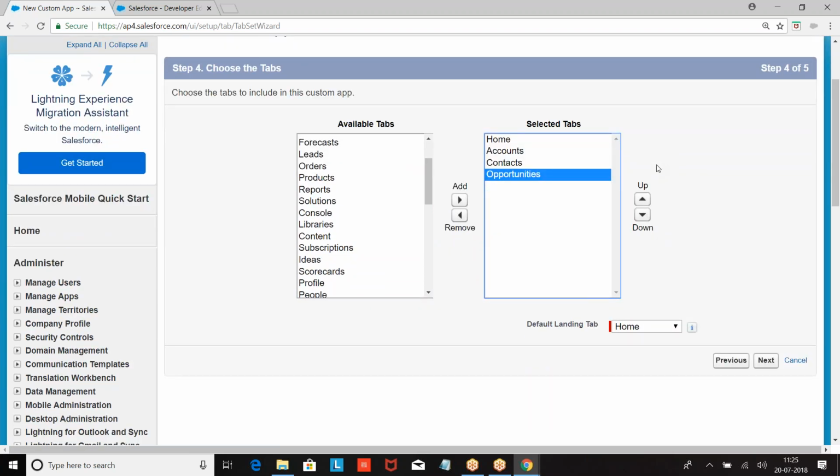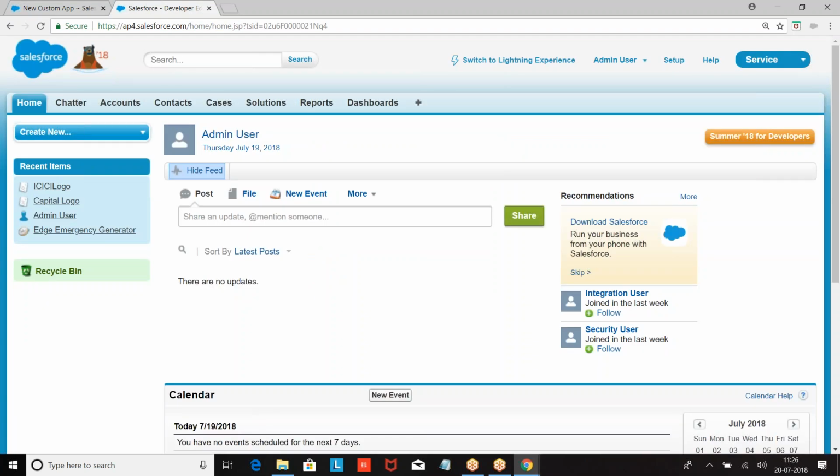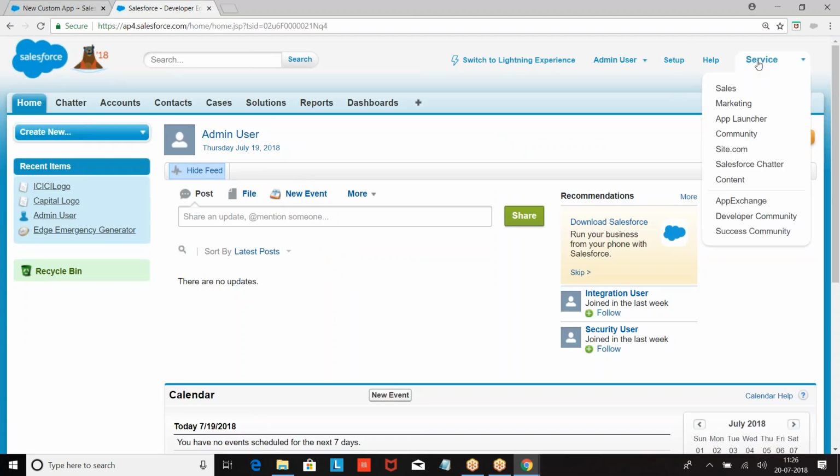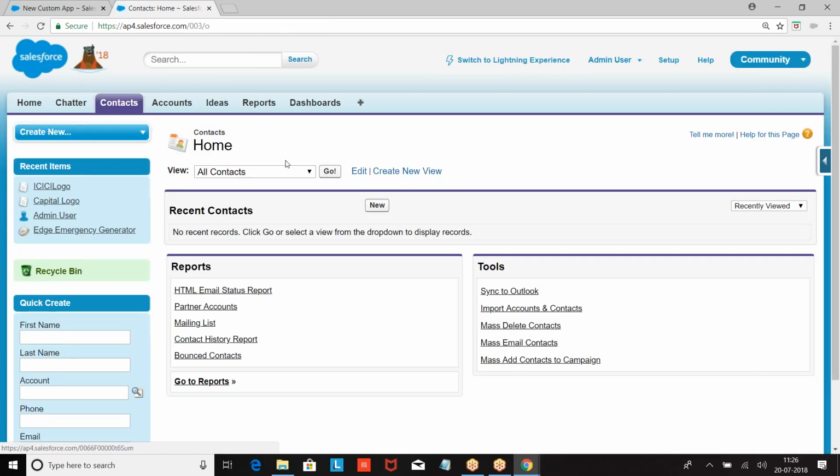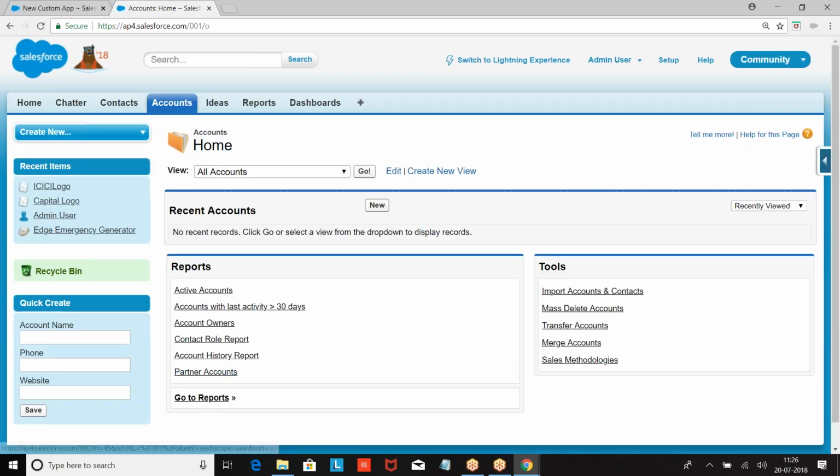Next one, when you open the application, every application will have a first page, right? Now on the first page, which tab data should be displayed? When I open this application, these are the tabs you are getting. This is the first page of the application. On this first page, do you want to display contacts data? Do you want to display accounts data? Do you want to display ideas data?